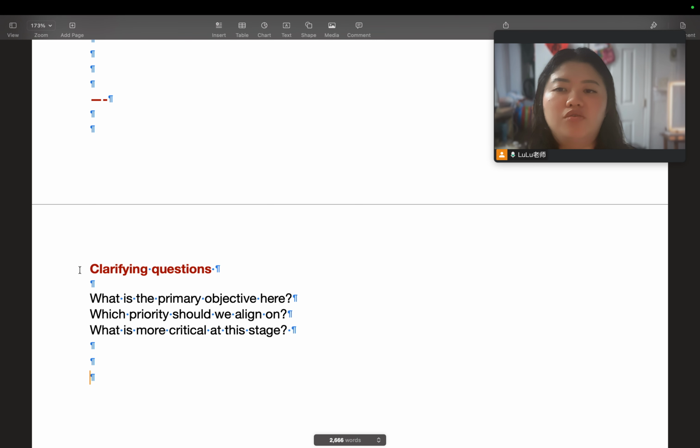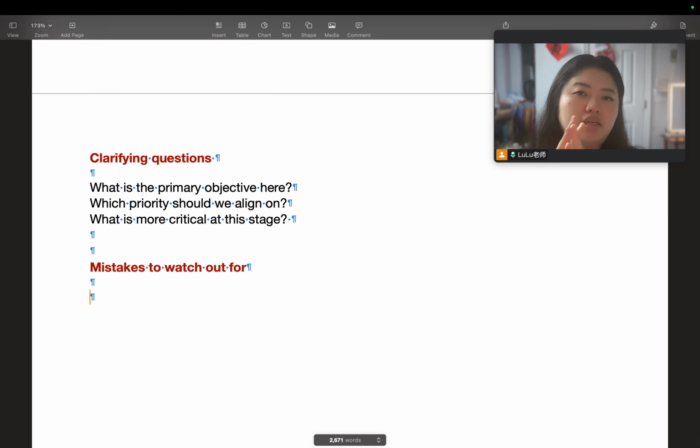Now let's go over some mistakes to watch out for. So I think the key thing sometimes is not knowing what to do, but knowing what not to do. So watch for jumping to solution too fast, for only mentioning one side, and watch out for not including a question. So something I like to say is answer questions with questions. Perfect.